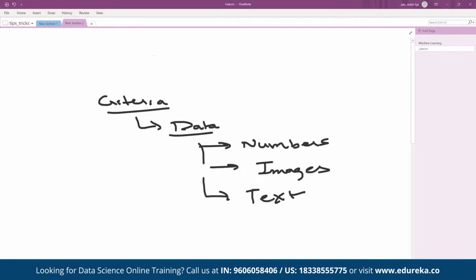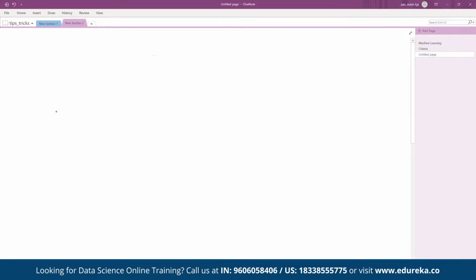Is it clear? The data may be in the form of numbers, images, and text. When these numbers, images, or text go into an algorithm,